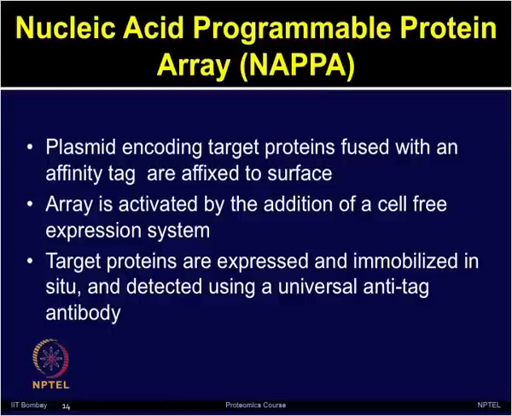The target proteins after expression are immobilized in situ and detected by using a universal anti-tag antibody. In this case mostly anti-GST tag is used, but one can use any other tag and the corresponding antibodies can be used.